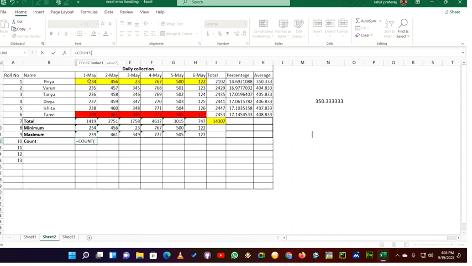You can select it range wise. If I select from here to here, I'm going to select only the fees, not the total. So we are going to see how many cells have been selected: 1, 2, 3, 4, 5 and 6.